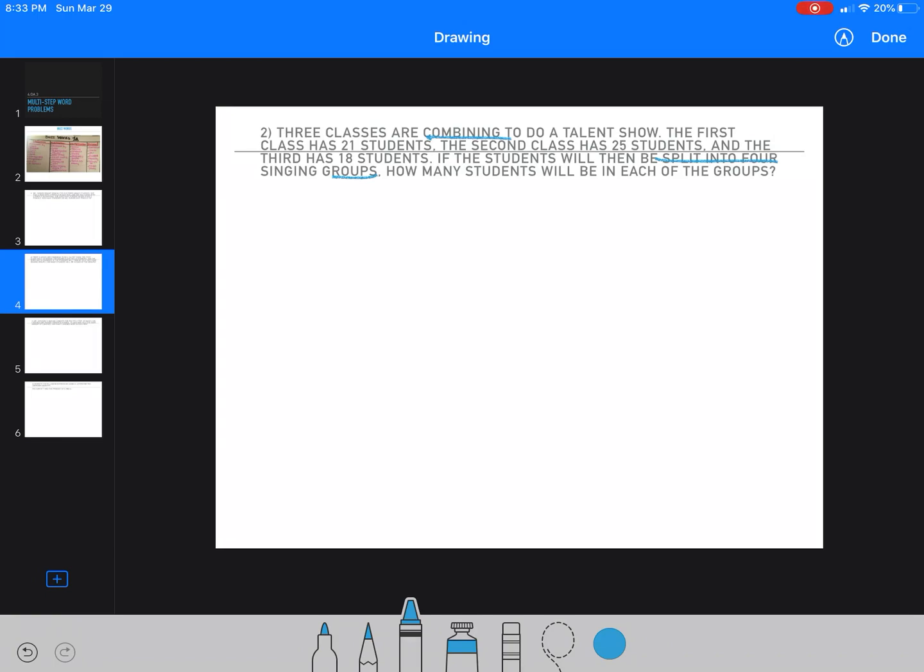So 3 classes are being combined to do a talent show. The first class has 21 students, the second class has 25 students, and the third has 18 students. Because I'm combining this, I'm using the operation addition. So I'm adding 1 plus 5 plus 8. Well, 1 plus 5 is 6. 6 plus 8 is 14. 2 plus 2 plus 1, which is 5, plus 1 is 6. So there are 64 students altogether in all 3 of those classes, but that's not what the problem is asking